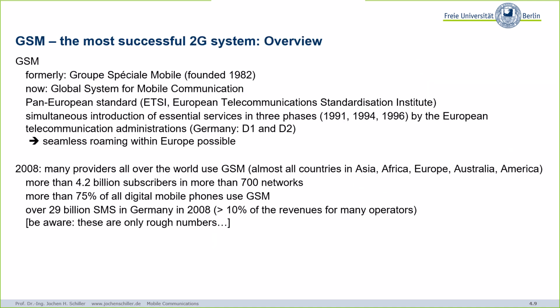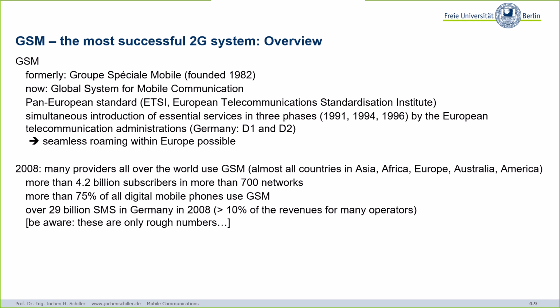So GSM, as I already told you, that's one of the systems. Sooner or later we will shut them down. Yes. So why learn an outdated system? Well, because you will find, I would say, remainders of the systems in all the newer systems. And you have to understand the basic concepts to learn, oh, why did we do it for LTE another way? And also some of the key ideas will survive.